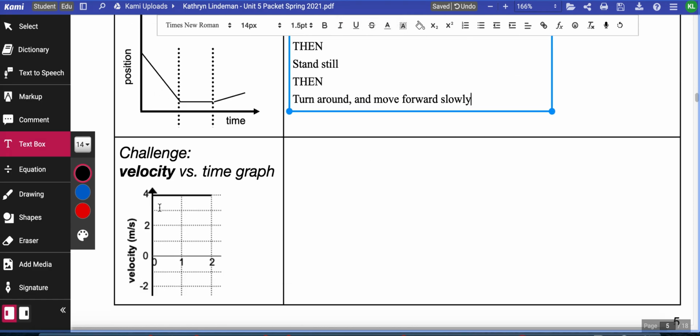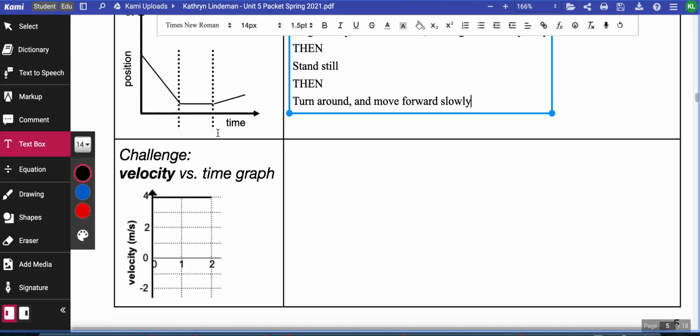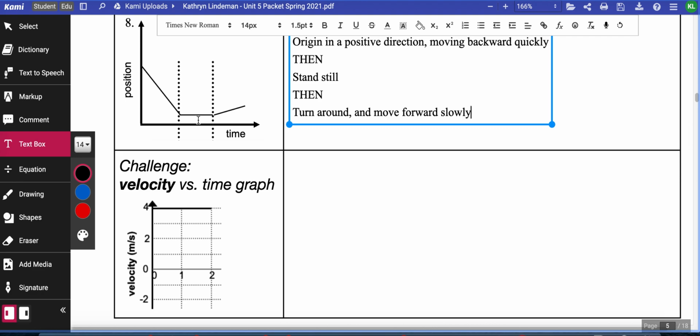Okay, so this next one. This is a velocity time graph. I'm not expecting that anyone was able to look at this and right off the bat know what this is saying. So here's my hint for this. Do you see here with number 8 in the second movement, where we have a flat line? A flat line in a position time graph means that we're standing still because our y-axis is position. And if we have a flat line with no slope, our position is constant because our y-axis value is constant. So here in this velocity time graph,